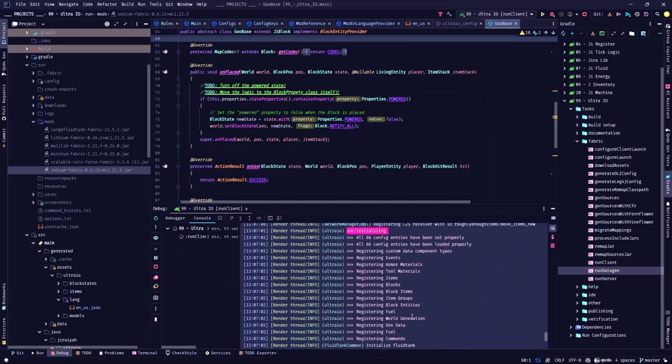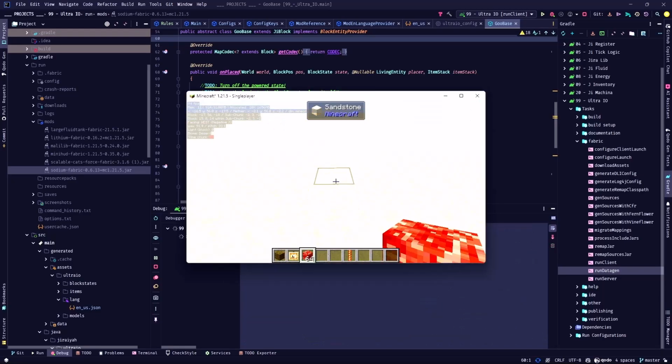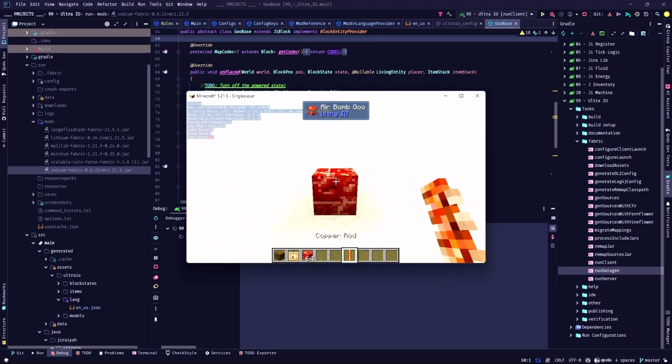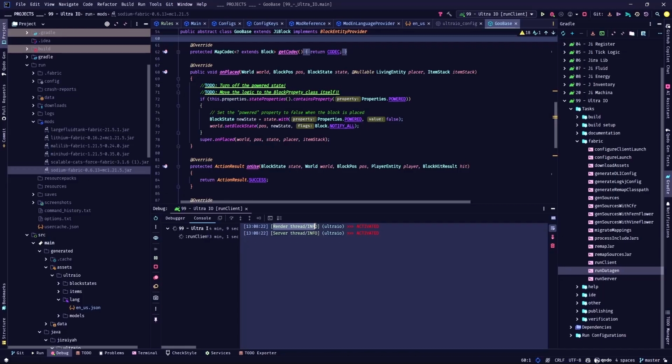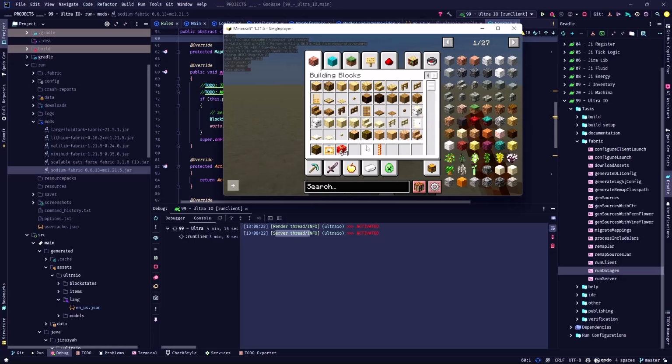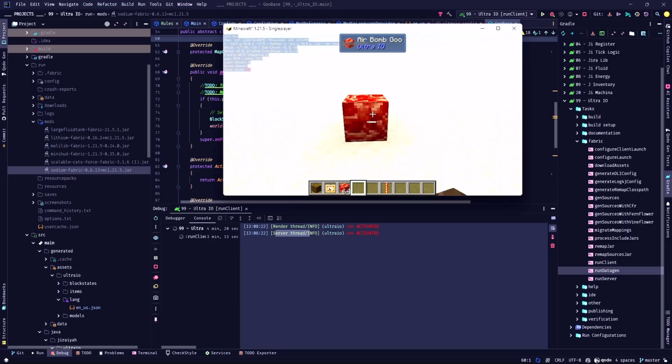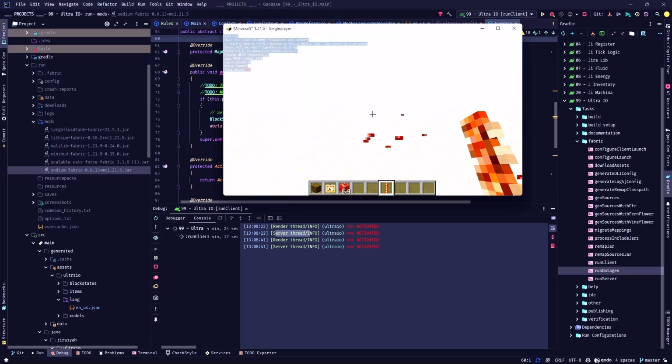So if I come back here and hit clear all, and coming back here, put one block down and right click with copper, we should see an entry. Here we go. But we have two. One of them is render thread from the client, that's okay. Then we have this server thread. So right now we are sure that on the server I'm activating the block, and that's exactly what I want,